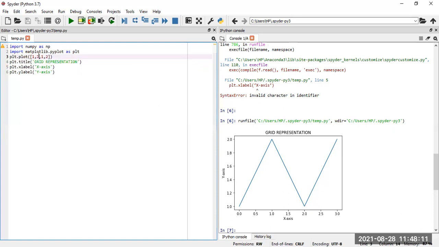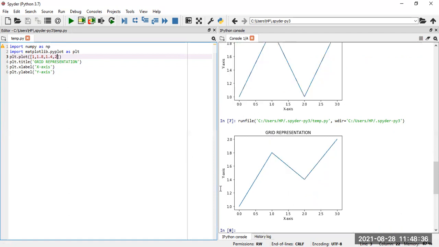Okay. So why are we going to change the data? If I try to change the data, suppose 1 to 1.8, then again I make it, suppose, 1.4. Then I make some data as 2. Now if I run this particular code, we can see a difference. So these are my values, and as per the values, the graph is going to change. See, starting from 1, it is up to 1.8, then down to 1.4, then up to 2. So the graph follows my data.